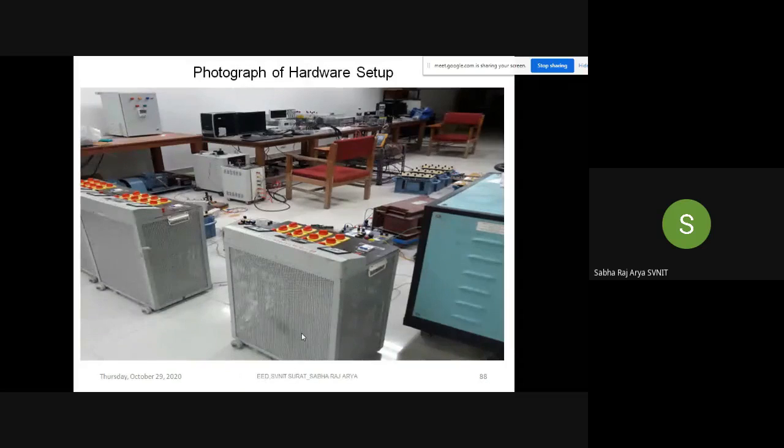Now you can see how we can develop the setup for this one. The setup you can see here. This is the machine. Two machines we have used, coupled together. One works as a generator, the second works as a motor. The motor machine works with this VFD, and those work as a turbine. The second machine works as a generator, and for that supply we have taken PCC, and with this we also need to